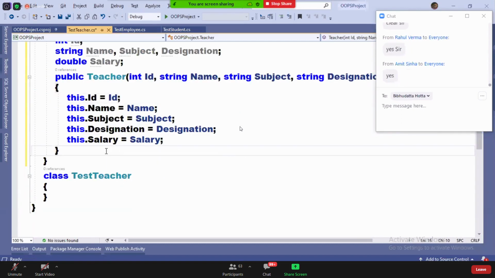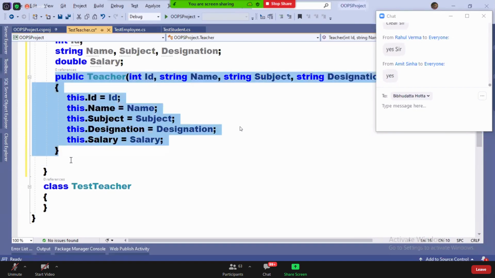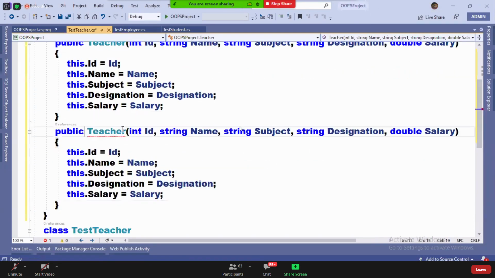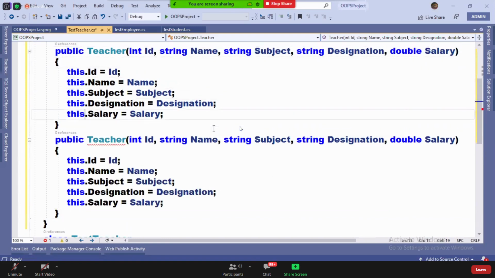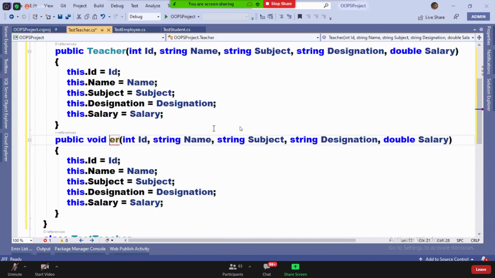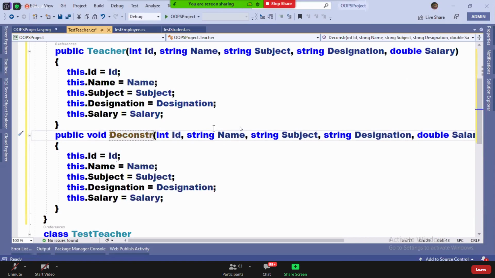Now guys, now watch. What is the deconstructor? All of you, carefully look. A deconstructor will take the values out of the class. How do you write a deconstructor? I told you it's a method. So basically, it's a non-value returning method, guys. It's a method, so we use void, and the name of the method is deconstruct.